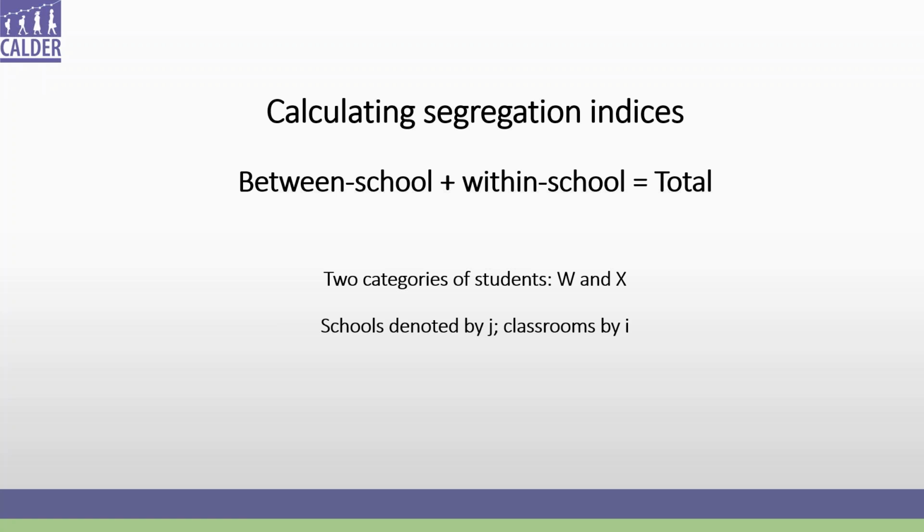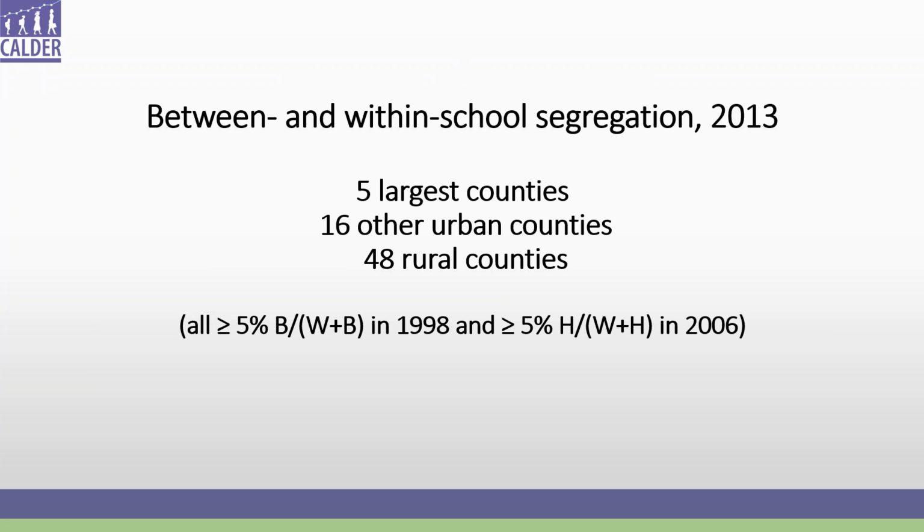First, we calculate between school segregation the way it's always done. We use a dissimilarity index, say between whites and blacks, and it's an index that goes from 0 to 1. The higher the number, the more segregated. Second step is to go back and use the data now that we have on every classroom and do it again. That's going to be a more segregated number because there's more differentiation. Then we take the difference between those two and you have the within. So now I'm just going to show you some results.